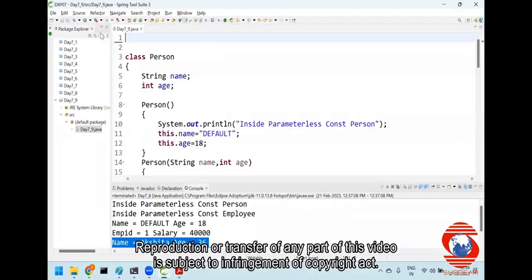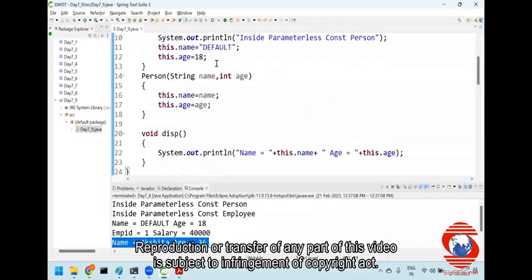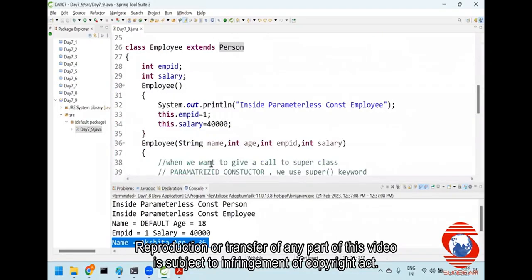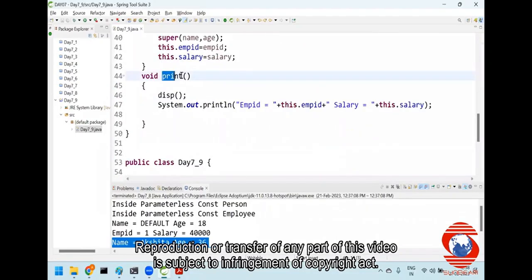Next point. Let us assume I have class person. Here I have which function? Display function. In the class employee, I have print function. But I want to avoid it. Here also, I need a display function. So can I say this is nothing but function overriding? Same function name with the same return type, with the same number of arguments, but in a different scope is